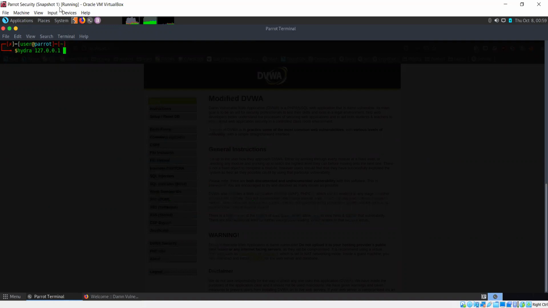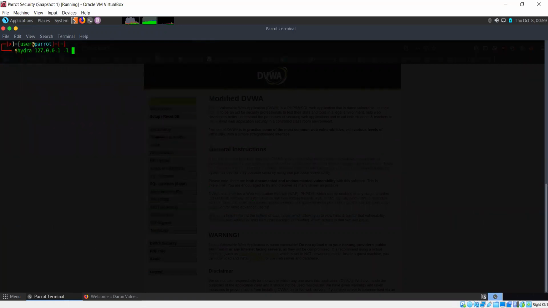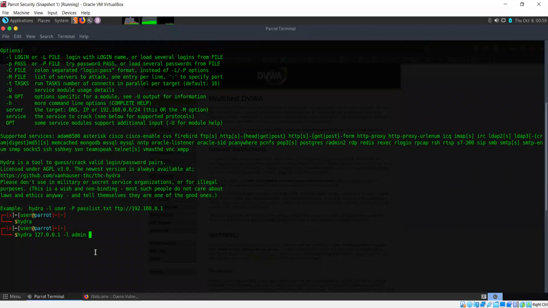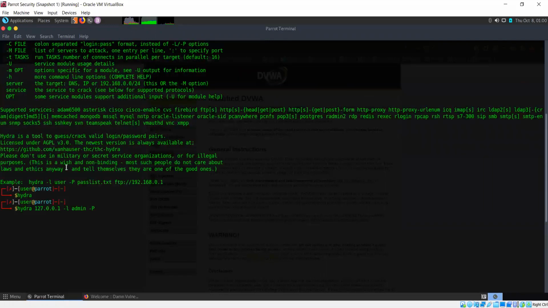Then I'm going to specify the username to be used for this login. And username I can specify using the hyphen L option. So we already know the username is admin. For password, if I were to consider that we know the password already and we are looking for login, then I would use hyphen small p here. But since the password is what we are trying to crack and we are providing a word list, capital P, and then the path.